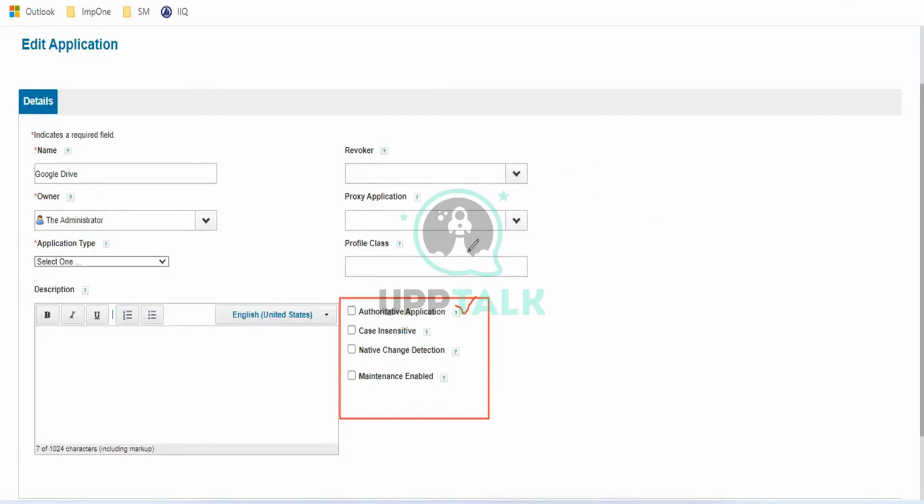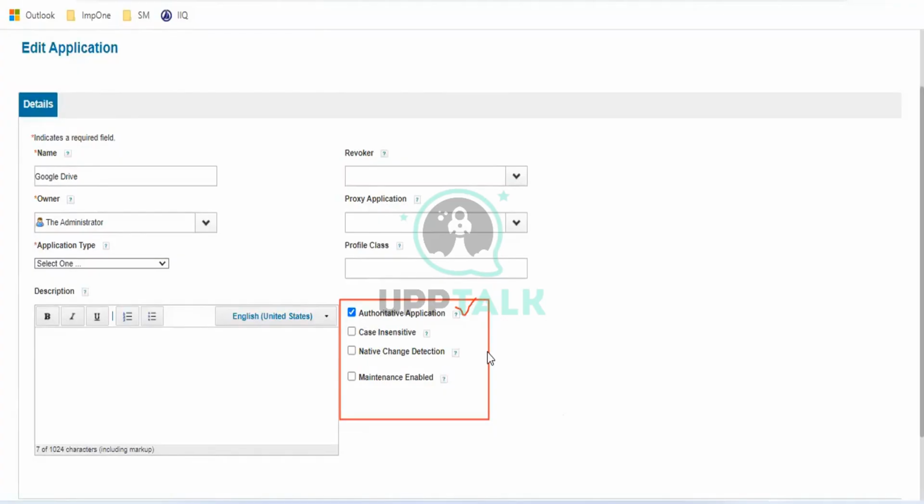In that scenario, we are going to take this application as an authoritative application because it's going to be a trustable one. Authoritative application means it's a trusted application from which you are going to get all the employee details. It's kind of a corporate directory. In a real-time project, one or two applications are going to be authoritative.